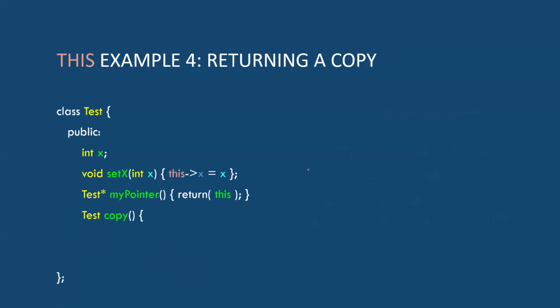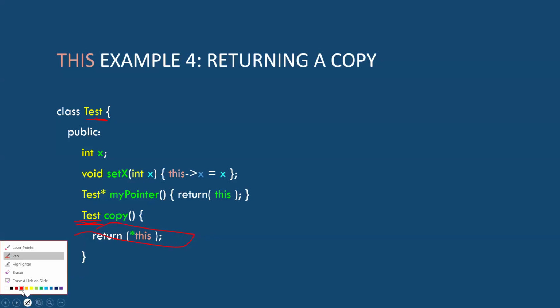What if I want to return a copy of something? Okay. So star this says, hey, take a picture of me and send my instance back as a duplicate. So pushing it out the door, the return door here, forces it to make a copy of the same class that I am, okay? So I'm a this, so star this says get a copy of that and send it back. So that's a pretty cool way to implement a copy.